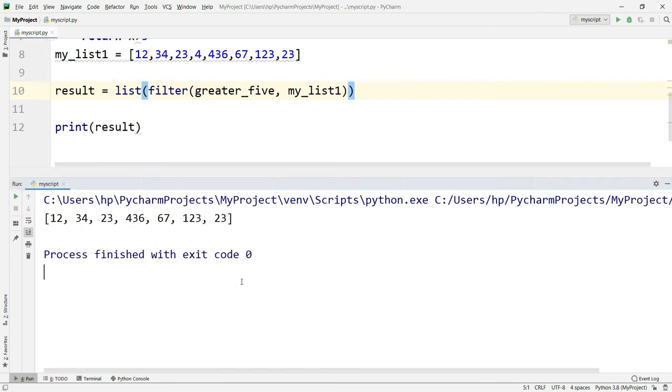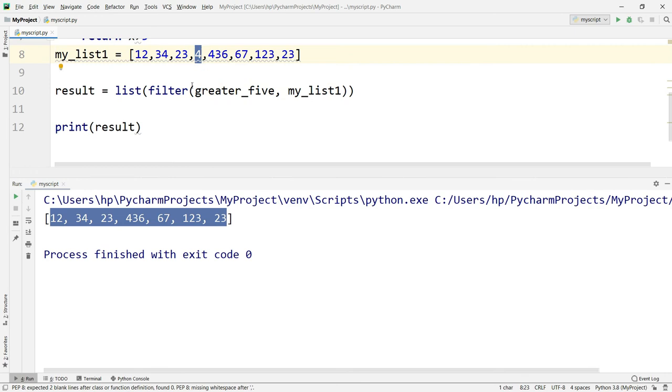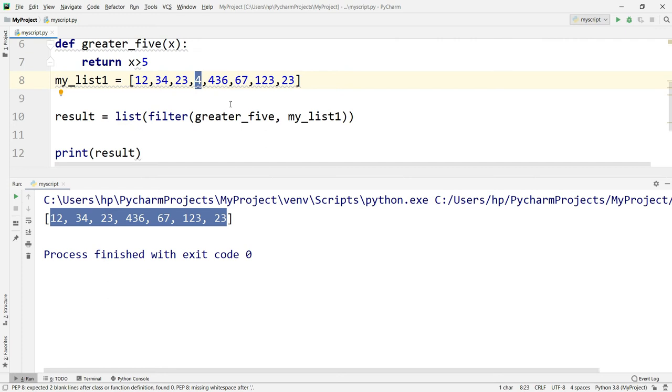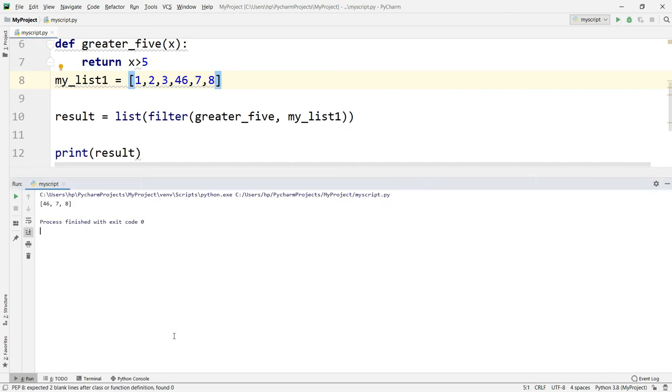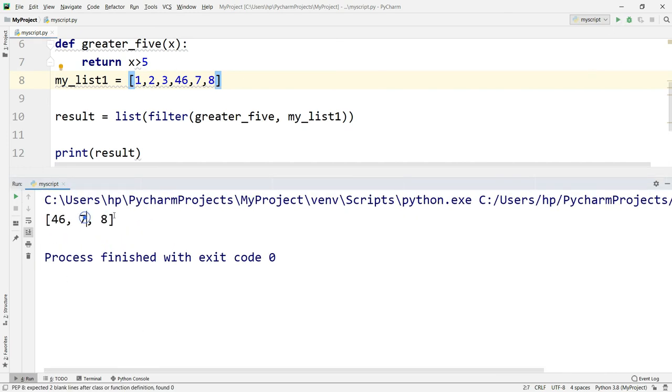Just look here, we are getting only those elements which are greater than 5. Okay, 4 is not included. The group of elements, the numbers will be yours, the data will be yours. So 4, as you can see, is not a part of this. So let me write something, 1, 2, 3 and 6, 7, 8. Okay, and let me execute that. You can see only 4, 6, 7 and 8 is the output. So filter will apply on every element and it will return the values.